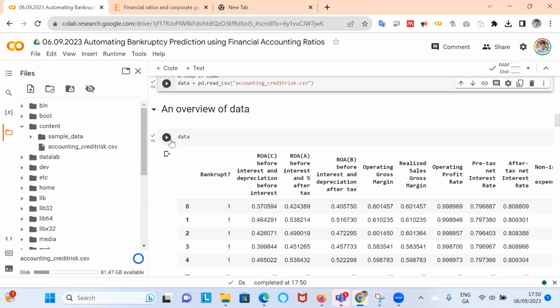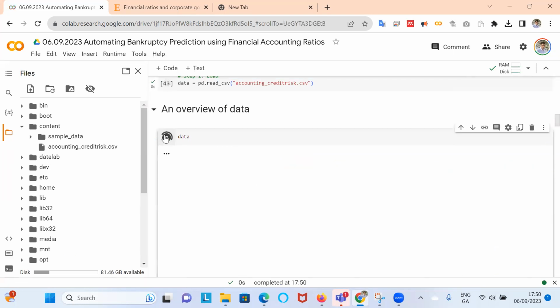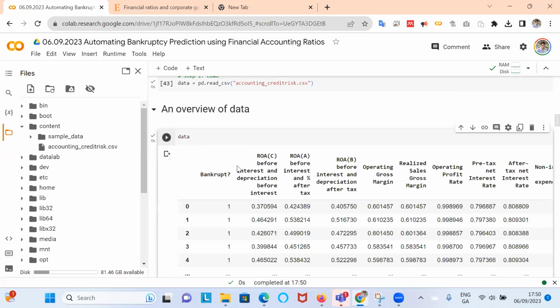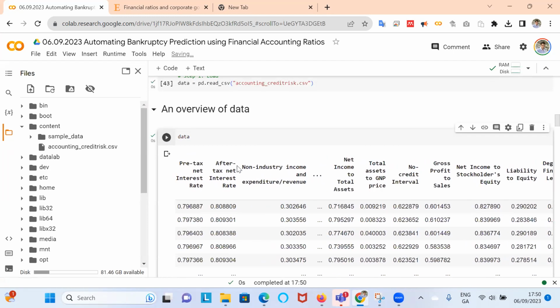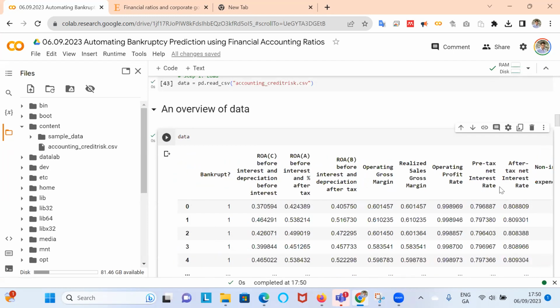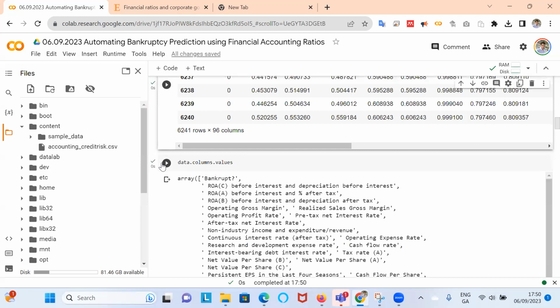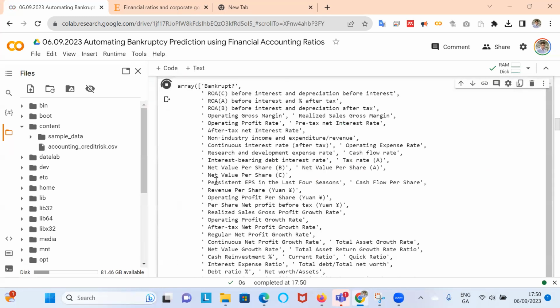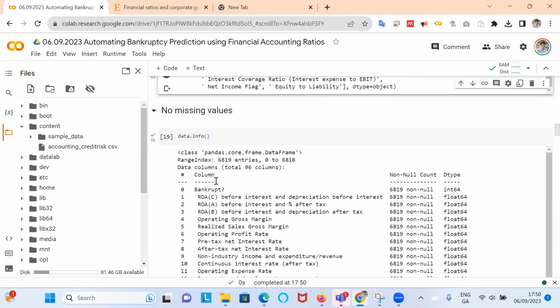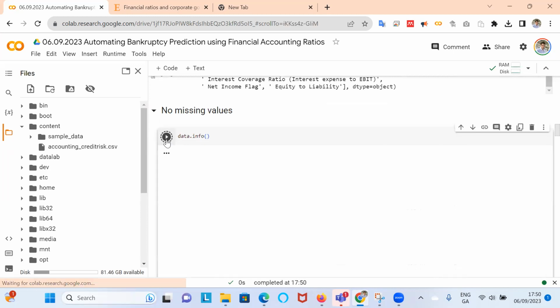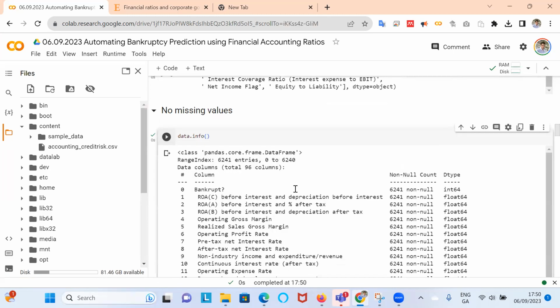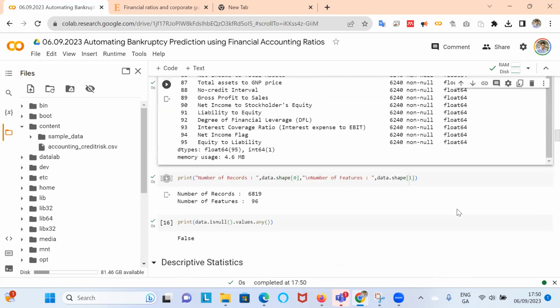And okay, what's in the data? Before we had said it's df, now it's data. What are the names of the columns? What information? Bankruptcy is an integer, all the rest are floats, it would appear.